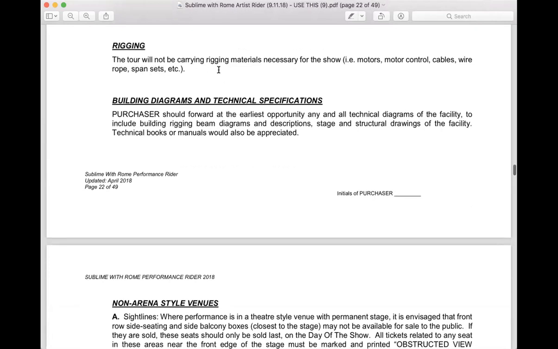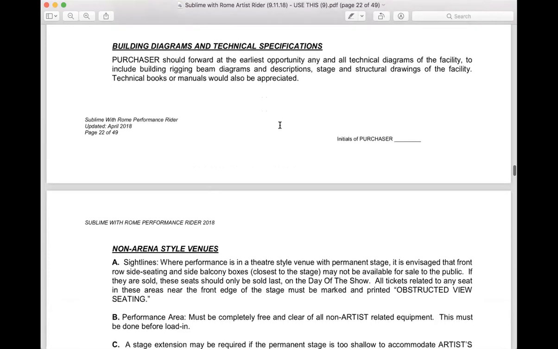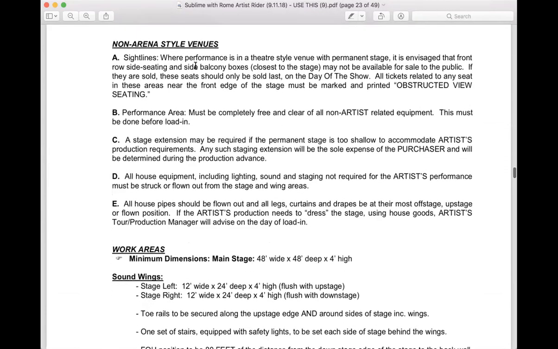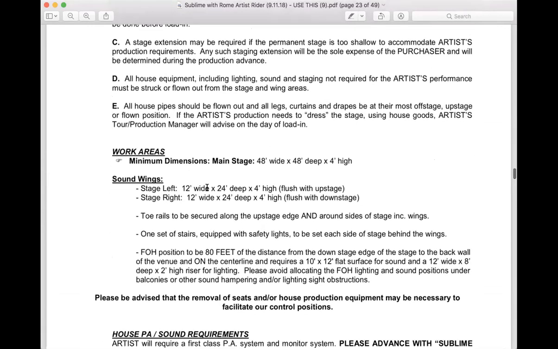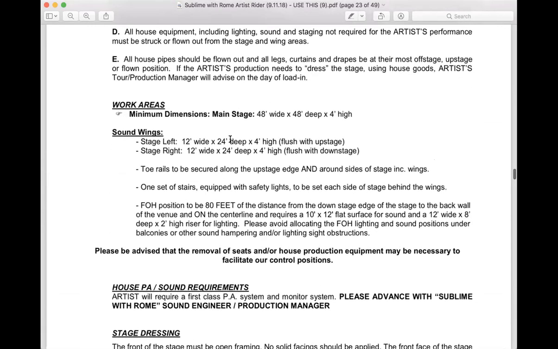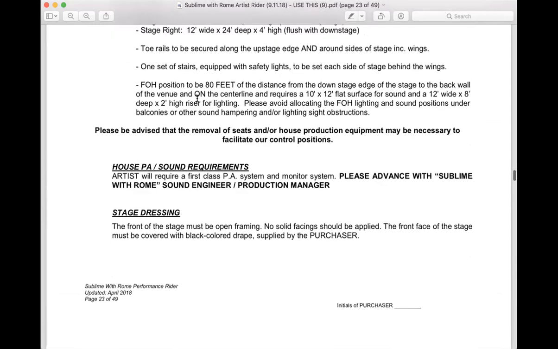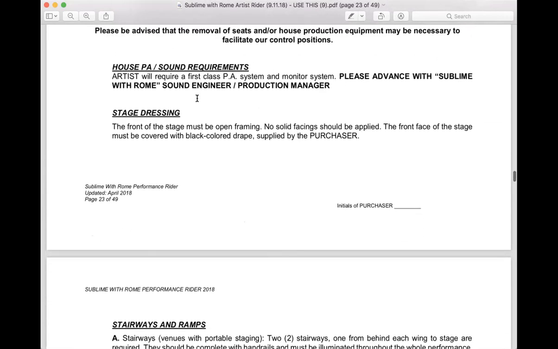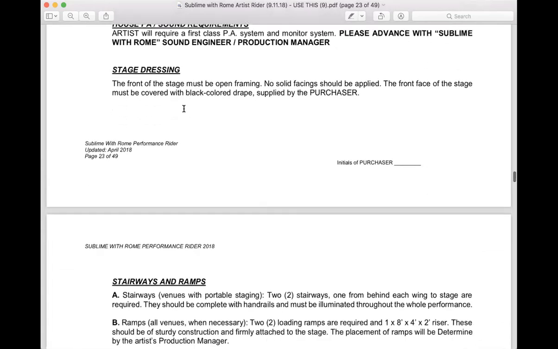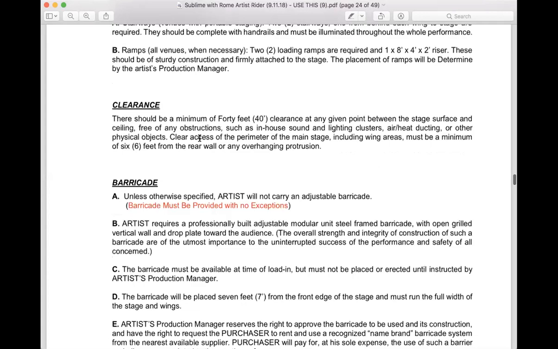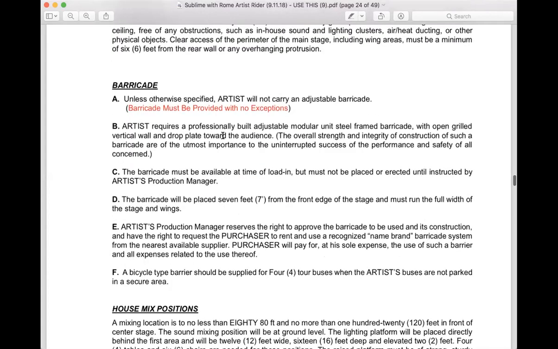Rigging: the tour will not be carrying rigging materials, so you need to provide all the materials for rigging, which is the motors and the chains. It talks about non-arena style venues if they're not an arena. Arena: here's the stage, it needs to be 48 by 48 and 4 feet high. Sound wings, so you're providing wings on the stage, additional space where other stuff might be standing. Your PA requirements, dressing room requirements, stairways and ramps onto the stage, clearance,